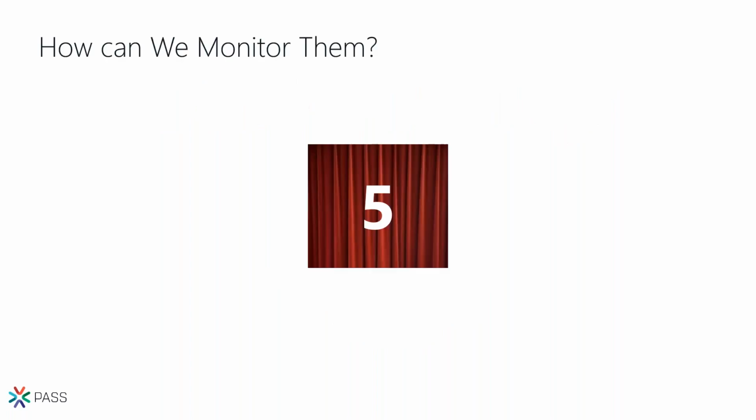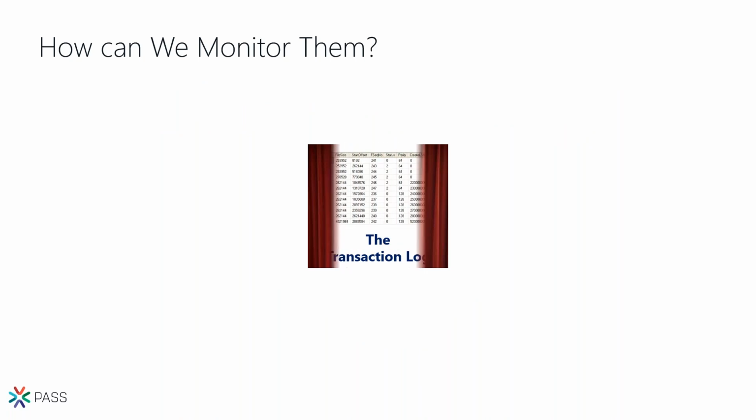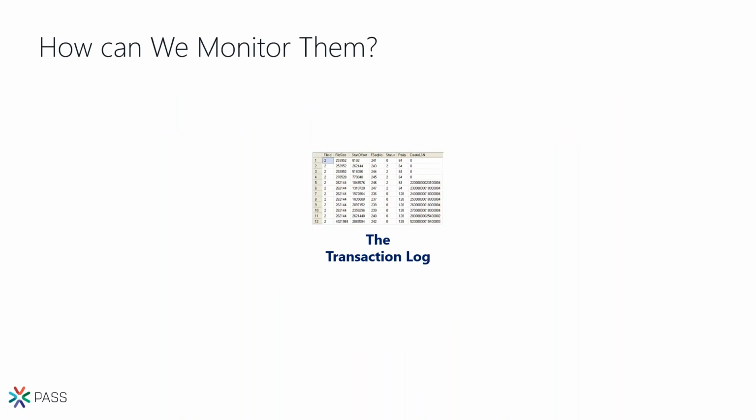So there's actually a 5th way, okay? And the 5th way is the transaction log. Each database, of course, has the transaction log, and everything is written in the transaction log. When I say everything, it's really everything. You have lots of information in the transaction log, but the content of the transaction log is undocumented, it's unsupported. Well, you might be able to use it, but you should be careful when you're using it, and it's not very easy to find your way around inside the transaction log, but there are ways, and I want to show you what you can do with it.